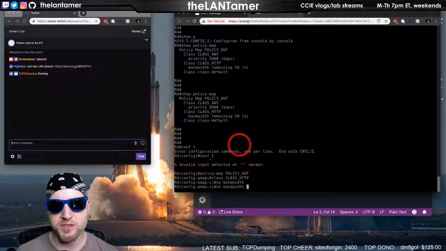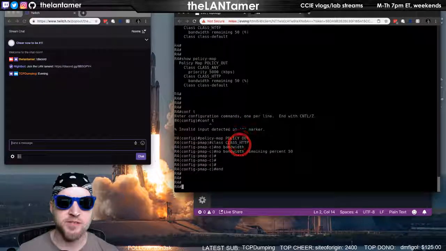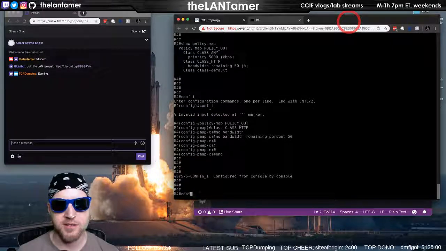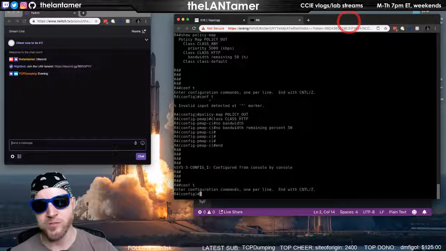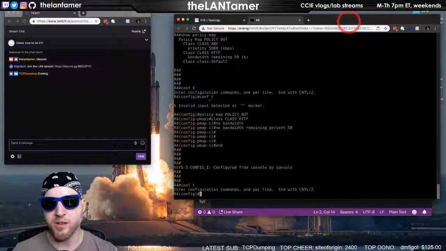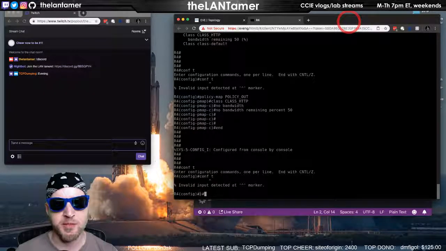It's funny because if you mix these, even if you do no, you'll get an error on the parser. Even if you're trying to do the no command, which would ordinarily take the command out, it gives you an error. It does the same when you do no, which is interesting. And I'll show you what I mean here.